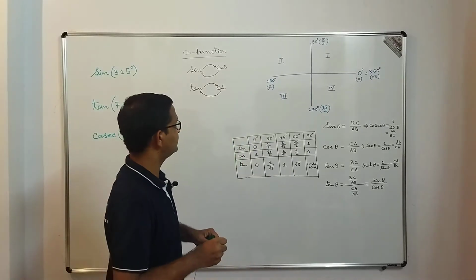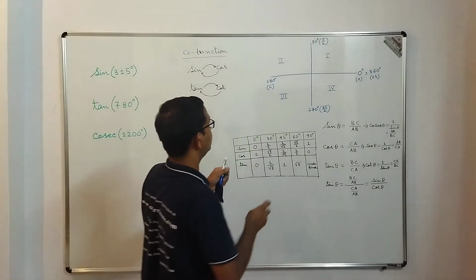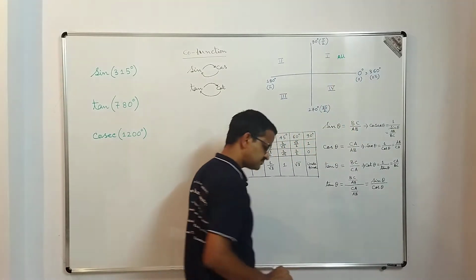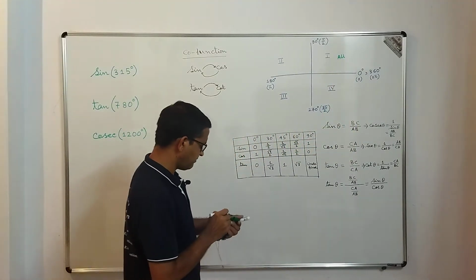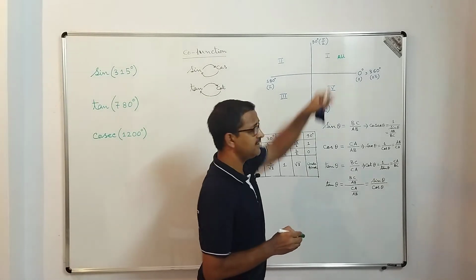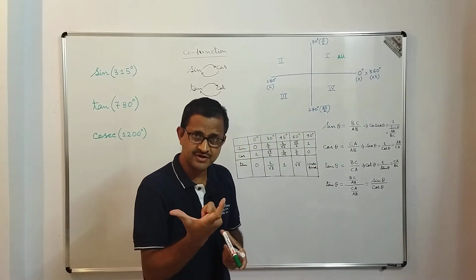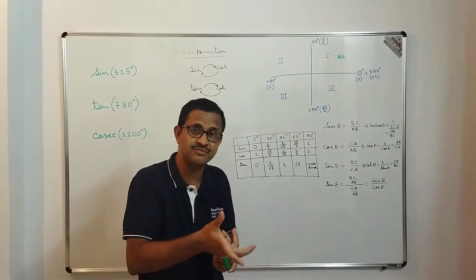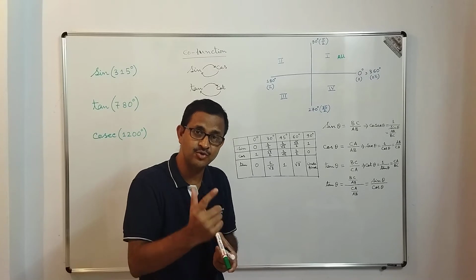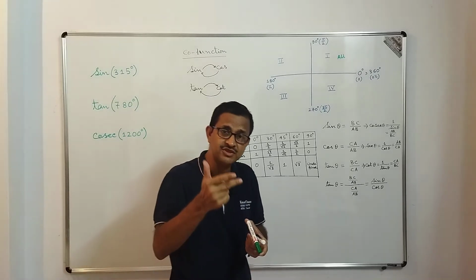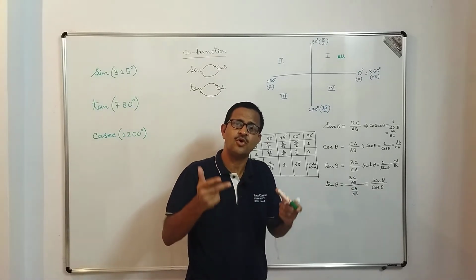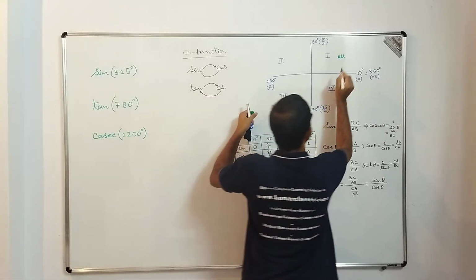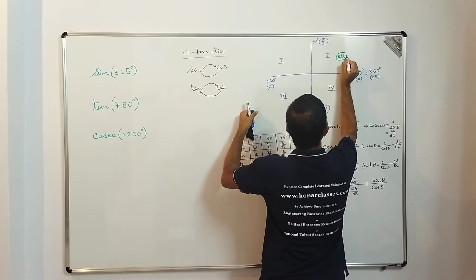Now in all these quadrants there is a convention of sign of the trigonometric functions. What is that? In the first quadrant all trigonometric functions are positive. And there is one way to remember also, because 0 to 90 degree means what? You can always construct a right angle triangle with one angle between 0 to 90 degree, and you can measure the ratios of the sides of this right angle triangle, which will always be positive, because the ratio of two sides of a triangle is always positive.